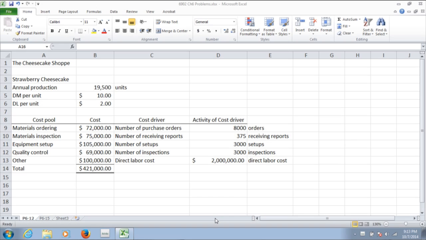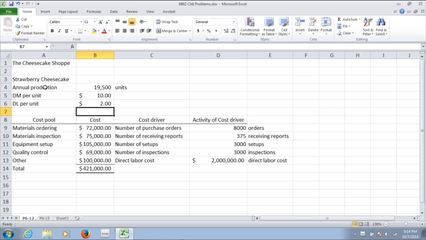Problem 612 and 615 are substantially similar, so what I'm going to do is work through 612 and leave you 615 to practice on your own. So what we have here in the spreadsheet are the anticipated annual activity for one particular product. That's the strawberry cheesecake for the Cheesecake Shop, as well as the cost for direct materials and direct labor per